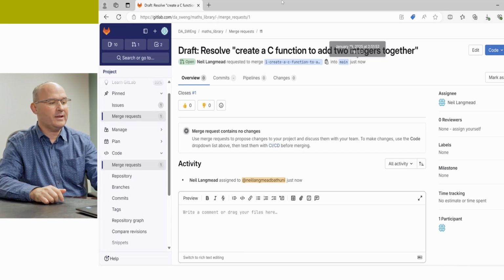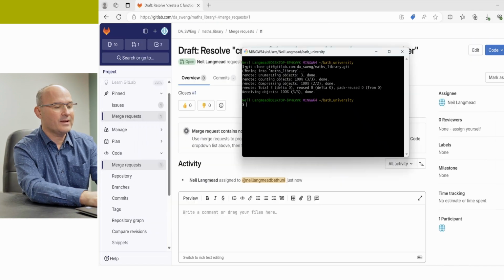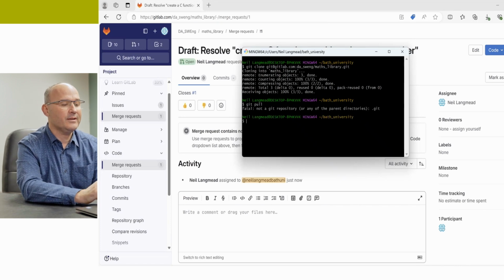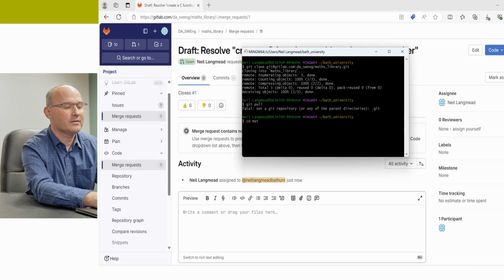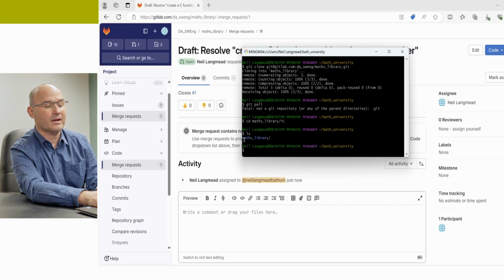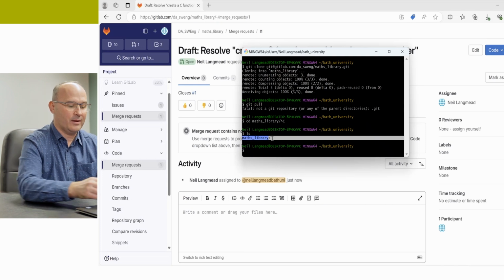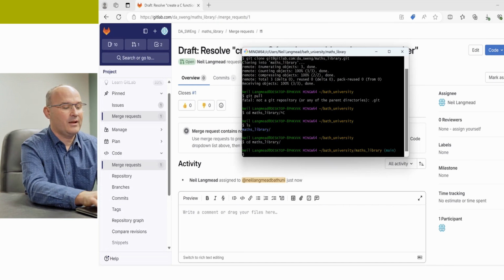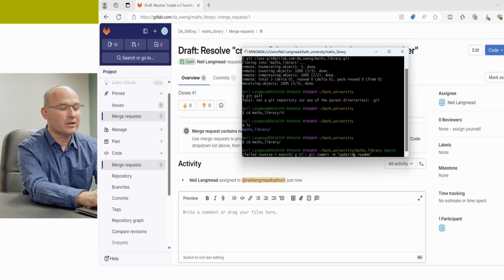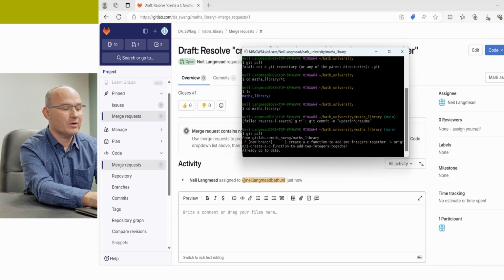However, that's all on the server here, on the GitLab server. How do we bring that locally? If I go down to my Git client and do git pull, we should see, if I go into the correct directory, the maths library. Oh yes, when you do a git clone, sorry, it pulls the code into the directory that you see. It creates that directory. So I need to first of all step into that directory, and then I can use the reverse search feature of git bash to do a git pull, or I can just type git pull and it will